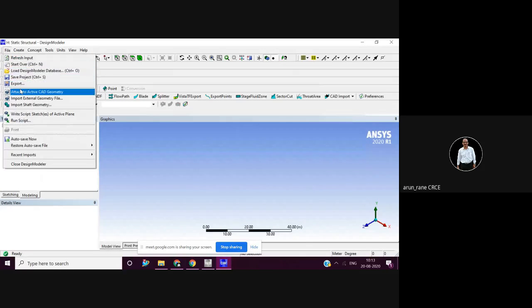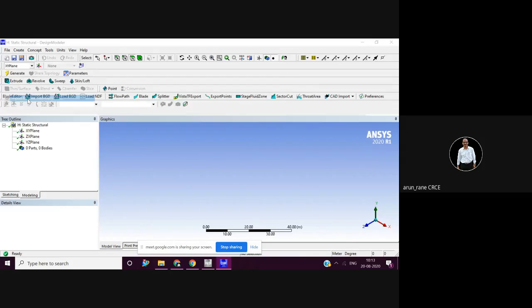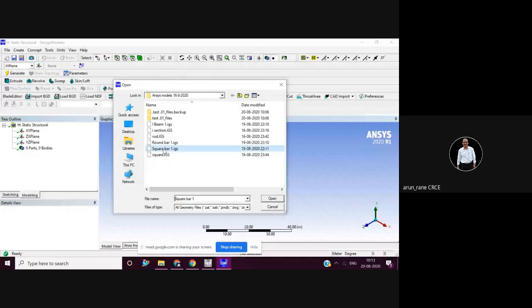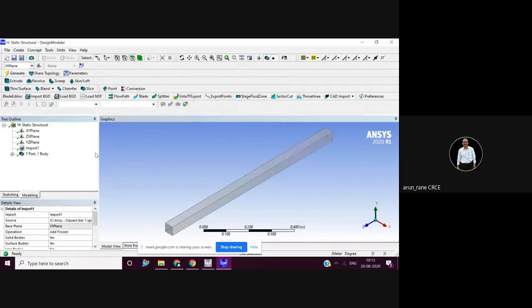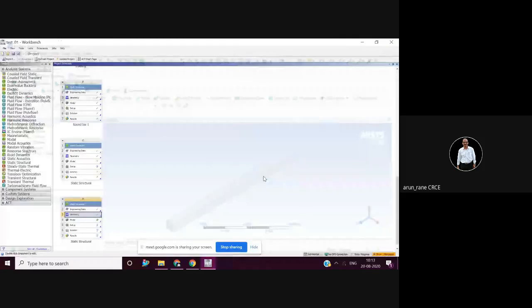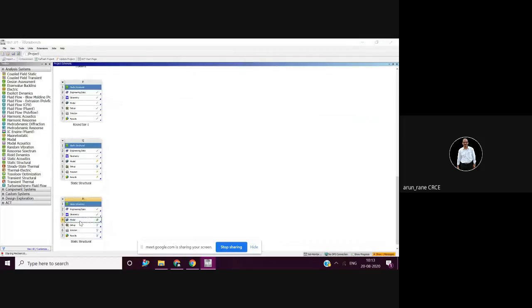File, say import, square bar, open, generate. Control S, and then close it. Go for the model. Geometry has been selected. Go for the model. It's processing.